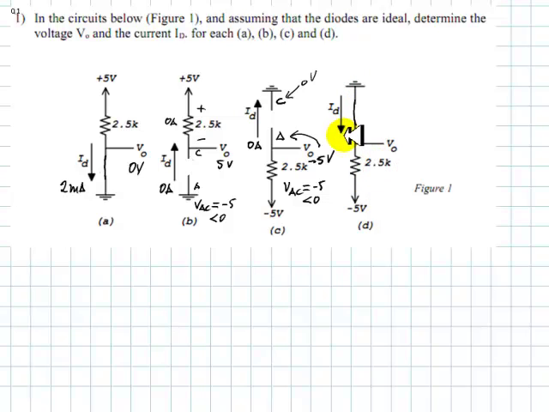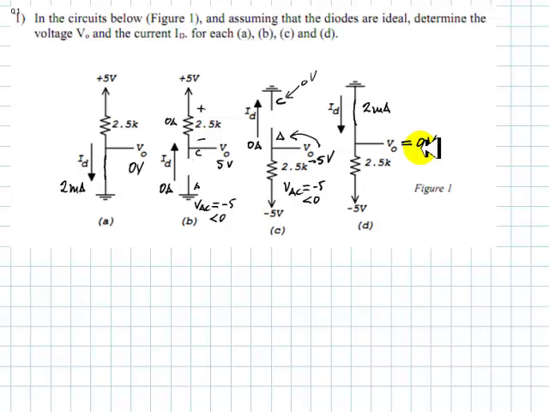That is 2 milliamps. That is the current, 2 milliamps. But this ideal diode is connecting V0 to the reference node, so this voltage is going to be 0 volts. And that's the solution for this question. Let's move on to